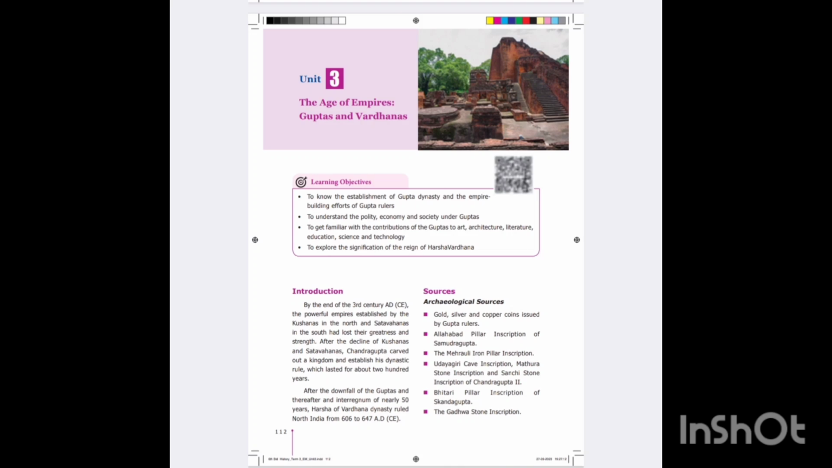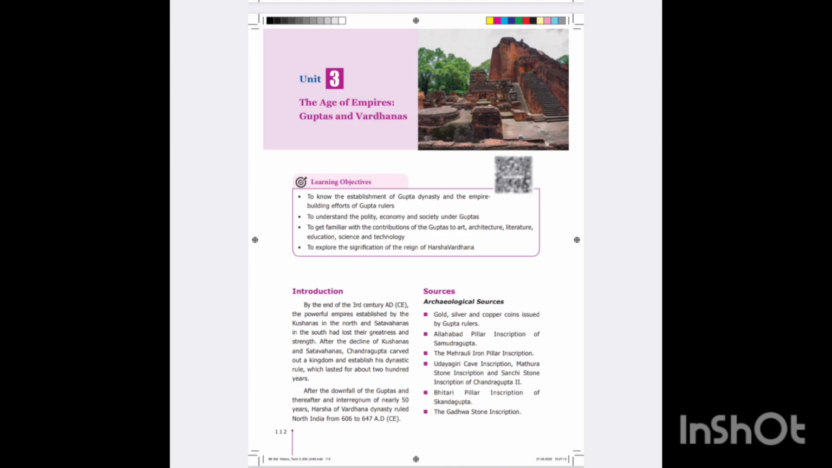Introduction. By the end of the 3rd century AD, the powerful empires established by the Kushanas in the north and Satavahanas in the south had lost their greatness and strength. After the decline of Kushanas and Satavahanas, Chandragupta carved out a kingdom and established his dynastic rule, which lasted for about 200 years. After the downfall of the Guptas and thereafter an interregnum of nearly 50 years, Harsha of Vardhana dynasty ruled North India from 606 to